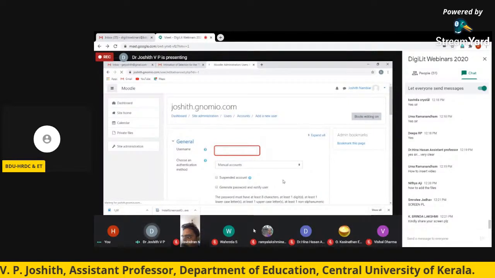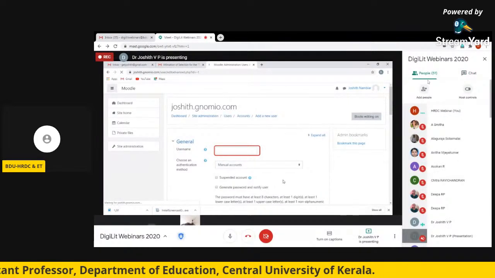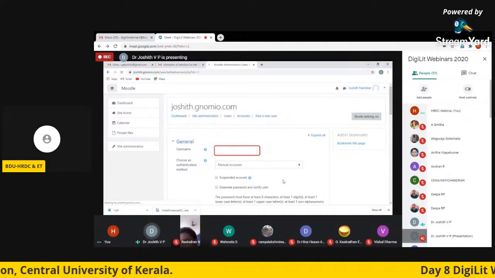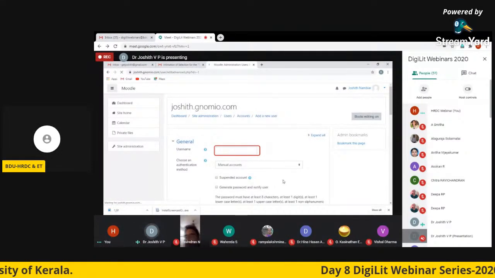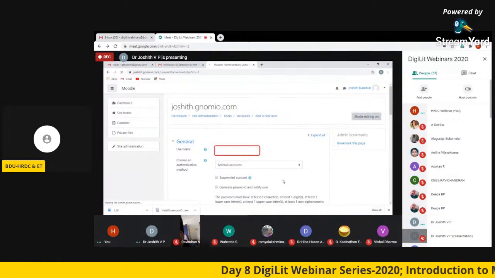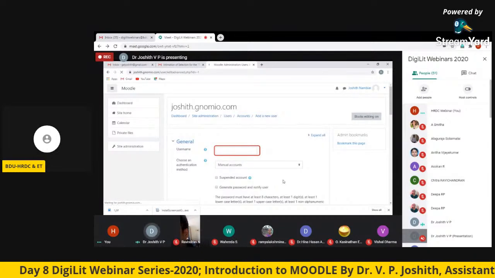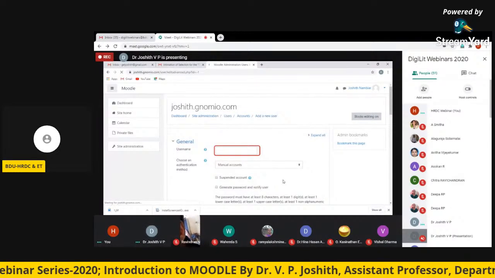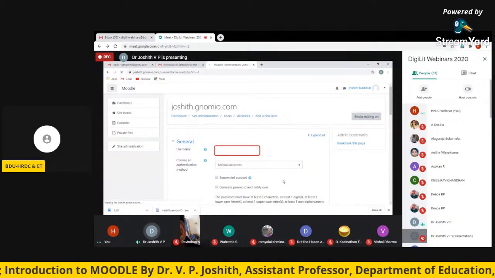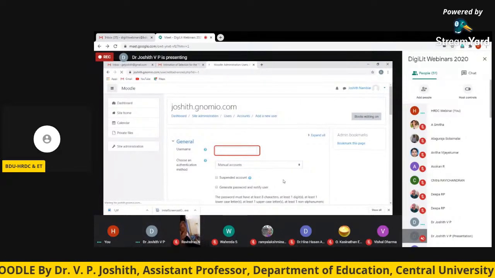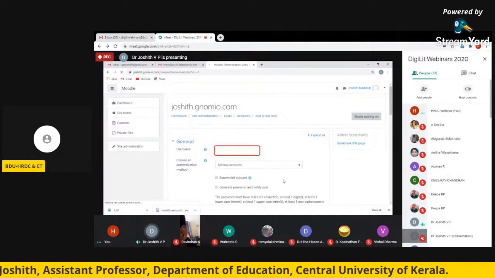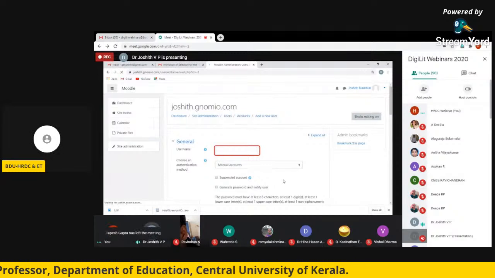One method is that you can add users one by one, giving username and password to them. Second method is that you can add users in bulk. Now I am giving you an understanding of how you can add users one by one.